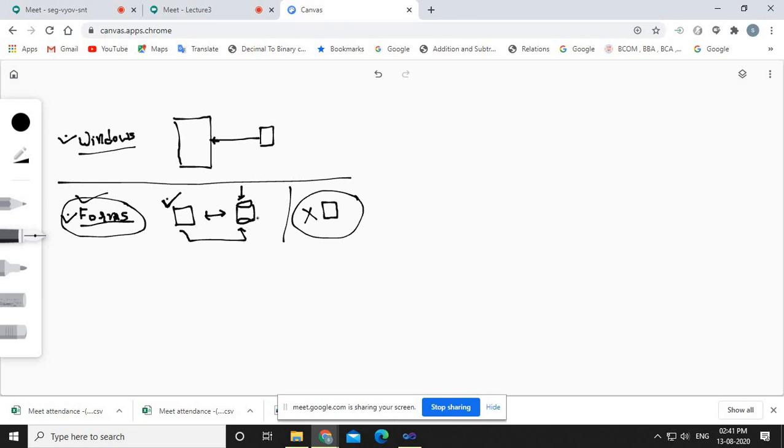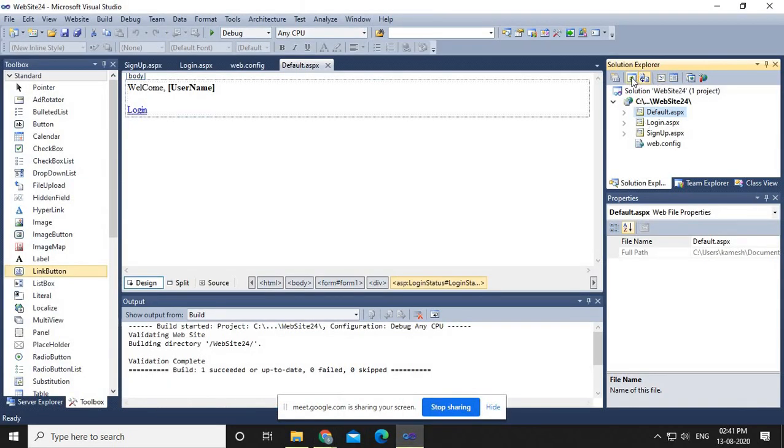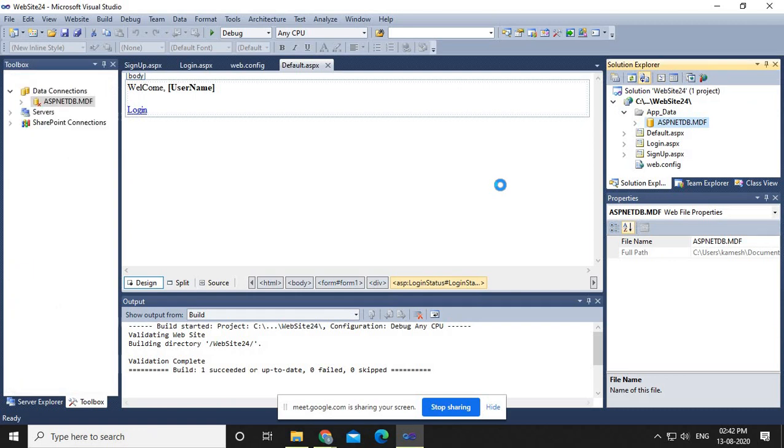So one separate database will be there, and if you want to see that separate database of the users, you just refresh your Solution Explorer. Once you refresh the Solution Explorer, there will be databases there, and you are already aware of where the database has to be stored in ASP.NET. We know that the database has to be stored in the App_Data folder. So you just click on this App_Data folder. Here one database has been created by ASP.NET itself, by this ASP.NET configuration tool, and that is ASPNETDB.MDF.